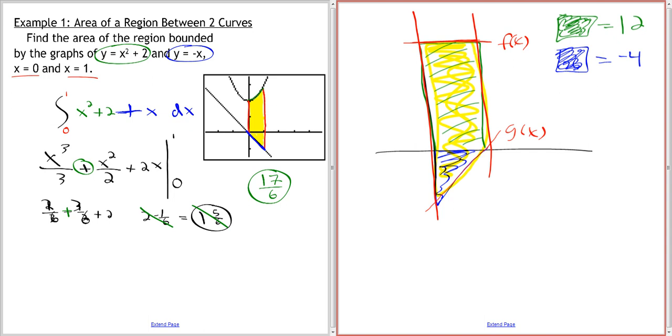Well then, what is the area between the whole thing? Well, the area in the whole thing has to come out positive. So what's going to happen is we're going to take 12, and we're going to take 4, and we're going to add them. This whole area is going to be 16. And what's happening is, if you think about it, it's like you're minusing a -4, and if you minus a -4, you're adding 4. So that's the general concept,